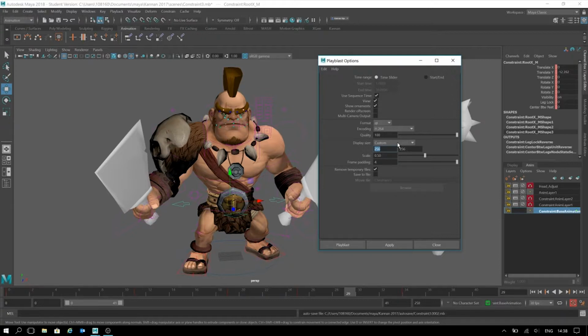But for Play Blast, you don't need to go like 1080p and all that. You know what I mean? 720 is more than enough. 720p. Okay. So if you want to do it with render settings, just click on the render settings